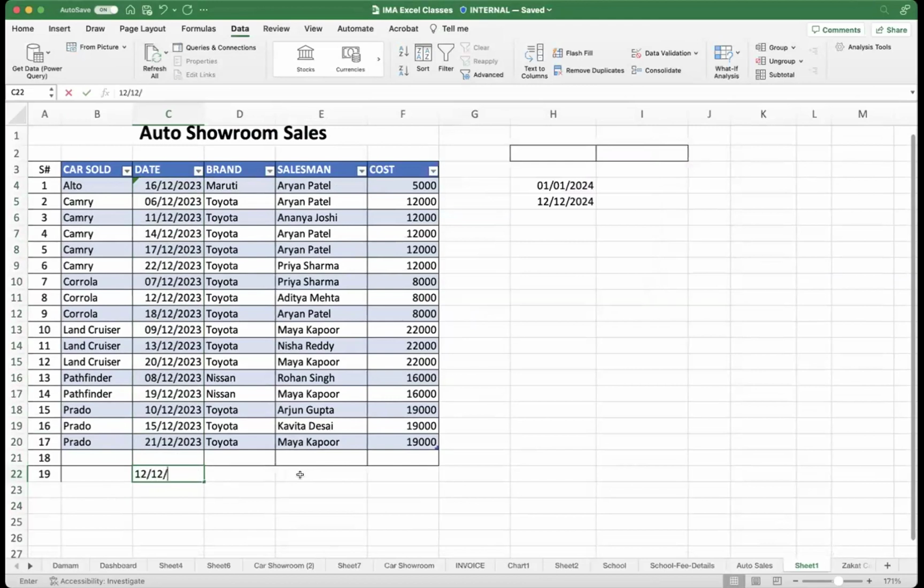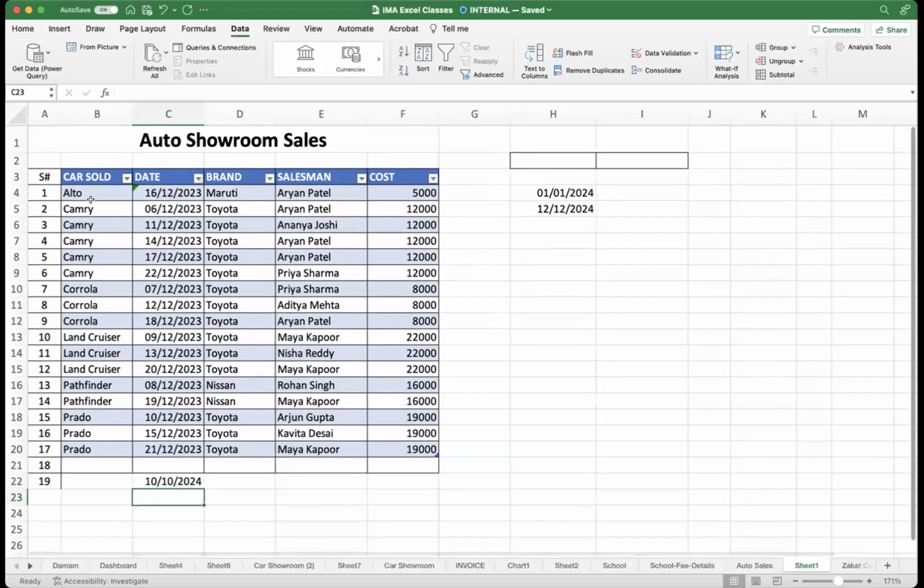So if you put within the correct date, for example, 10, 10, 2024, ये ले लेगा. So you can enforce such data validation,